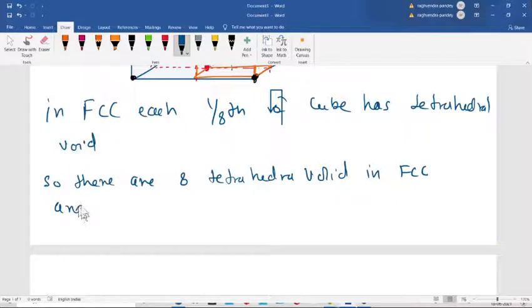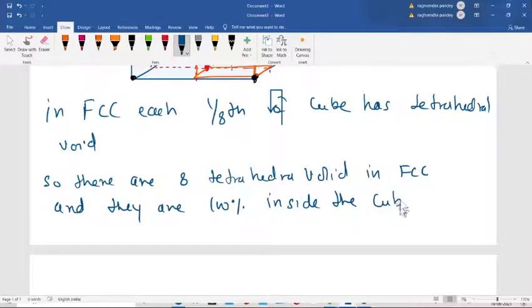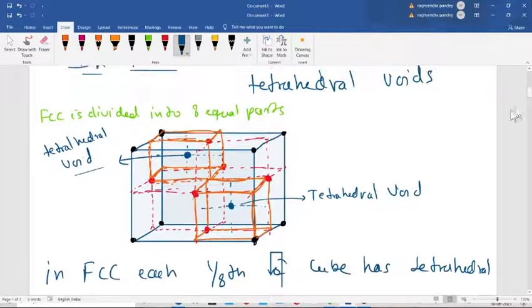And they are 100% inside the cube. There is no contribution to other FCC unit cells. 100% inside the cube or unit cell. So there are 8 tetrahedral voids.